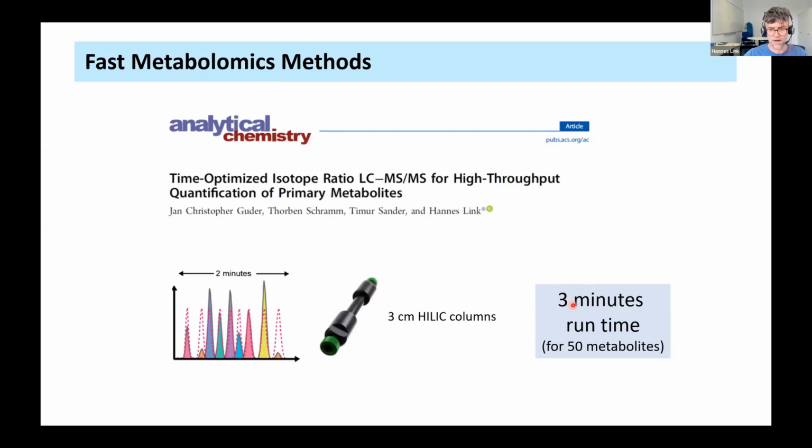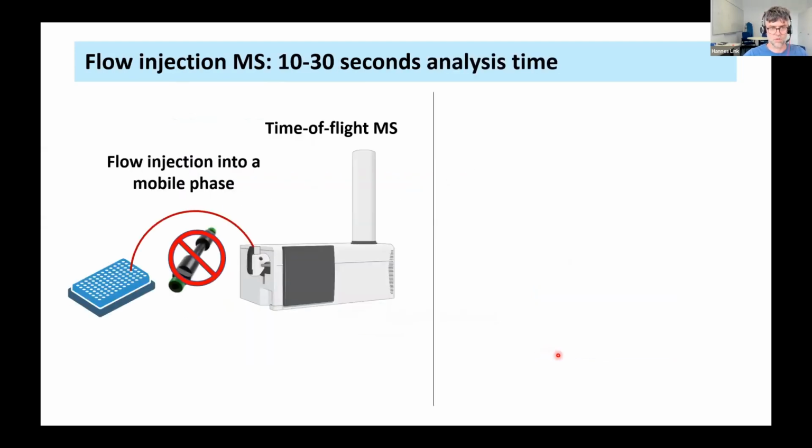This is already pretty fast, but the drawback here is we use a targeted method on a triple quadrupole mass spectrometer. So in this limited amount of time, we're also limited with the scan rate. So we can measure around 50 metabolites in 3 minutes. So this is the maximum we got from this fast analysis. And if we want to go for more metabolites, higher coverage, and even faster analysis time in the 10 to